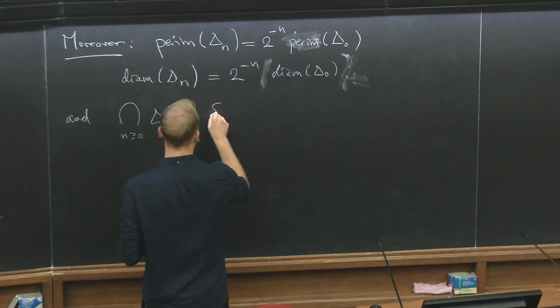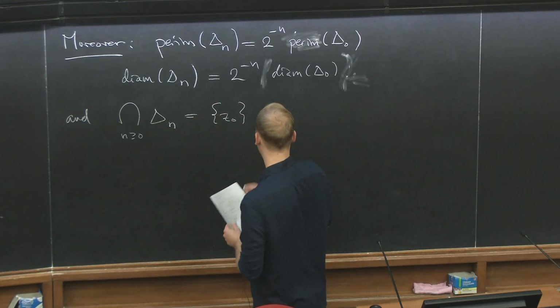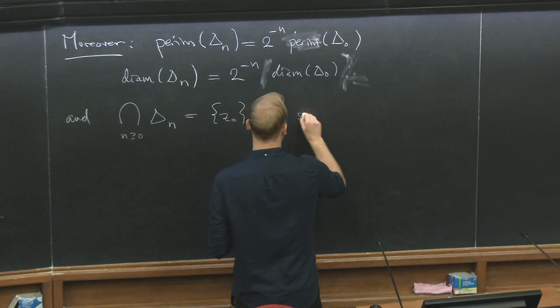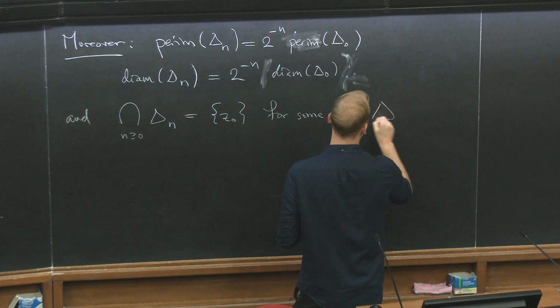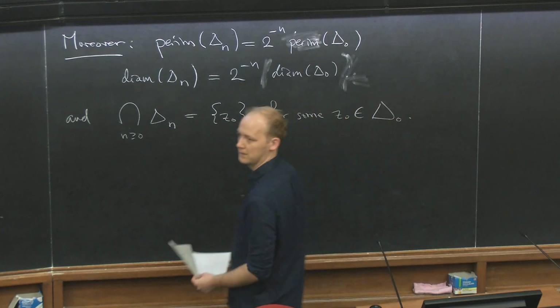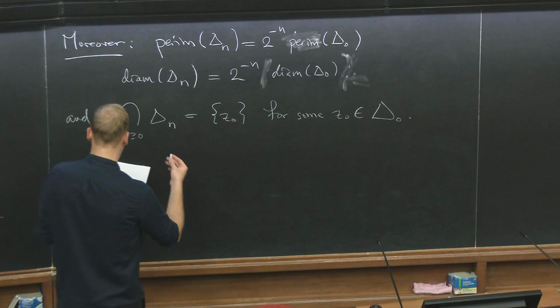So this is going to be equal to some point which we call z0, a very special point for some z0 in the original triangle, delta 0. Okay? So somewhere inside the original triangle, there is a point to which all of this bisection process converges in this sense. Okay? And now we use